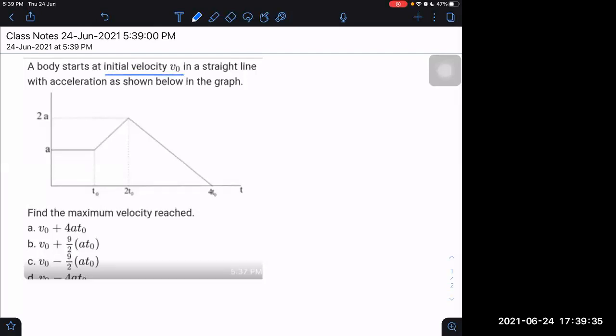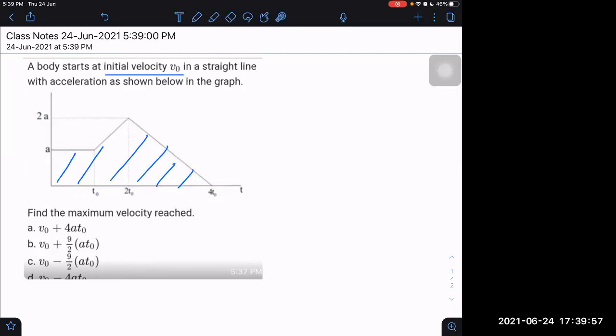So first of all, the acceleration versus time graph is only having positive area. Then the velocity cannot become less than that; it will be more than that. Then up to what should I take the area? I should take area up to total 4 T0, because up to that it is maximum. What is the area up to 4 T0?